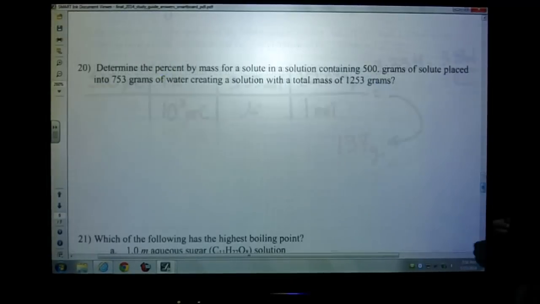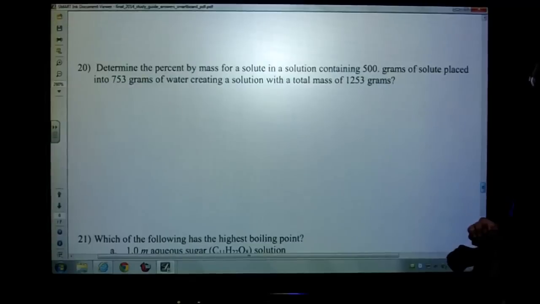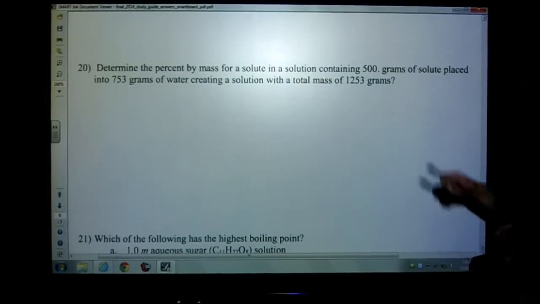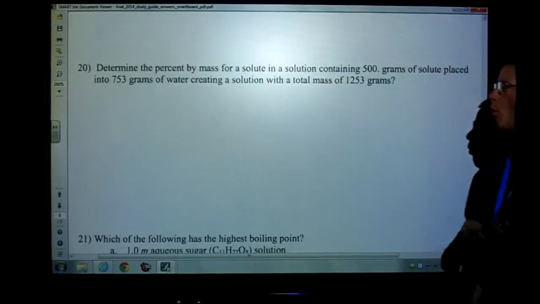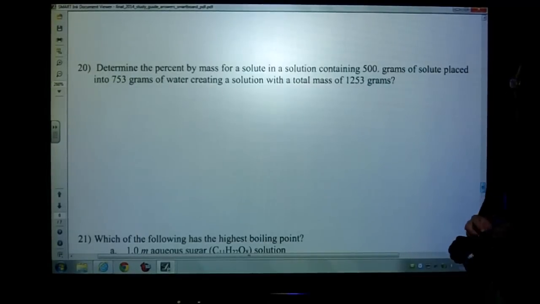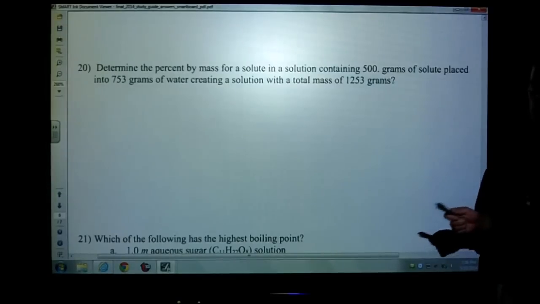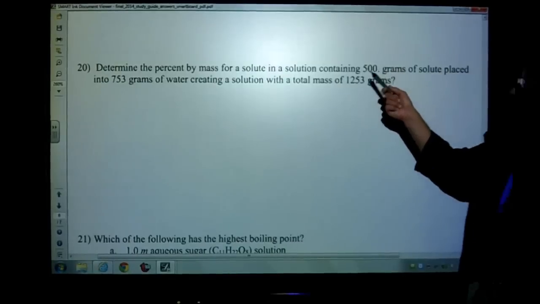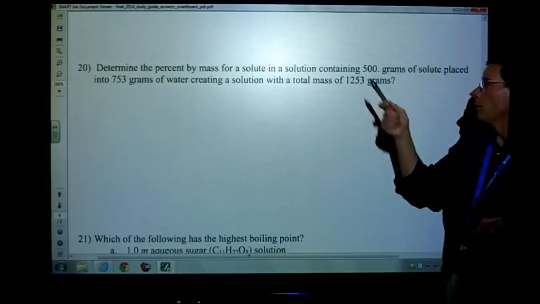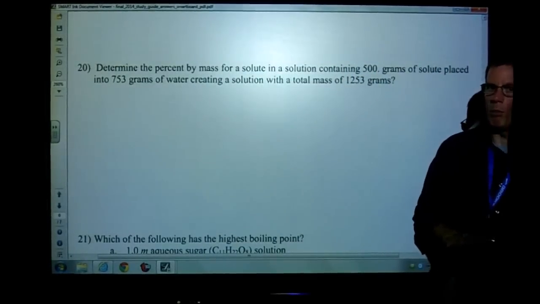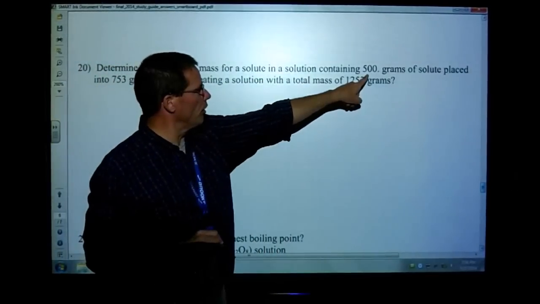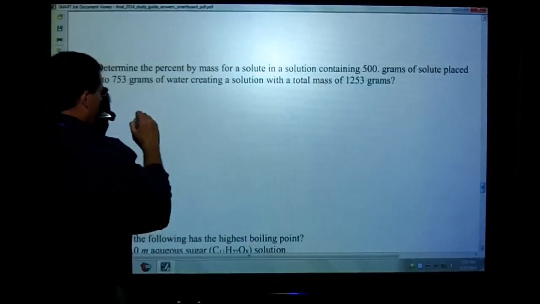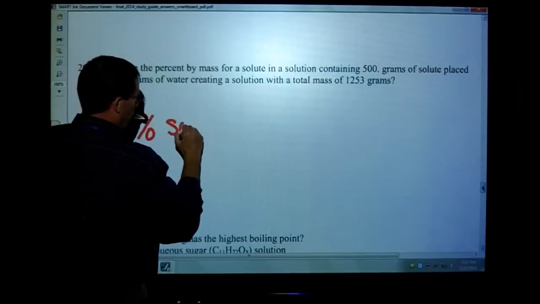Nice. Number 20, determine the percent by mass for a solute in a solution containing 500 grams of the solute placed into 753 grams of water, creating a solution with a total mass of 1,253 grams. Now hopefully you were able to do the quick mental math and say, oh, 500 plus 753 gives me 1253. This makes that problem really fast and easy. So we're looking for the percent by mass of the solute. So this is our solute, 500 grams. So if we're looking for the percent of solute,